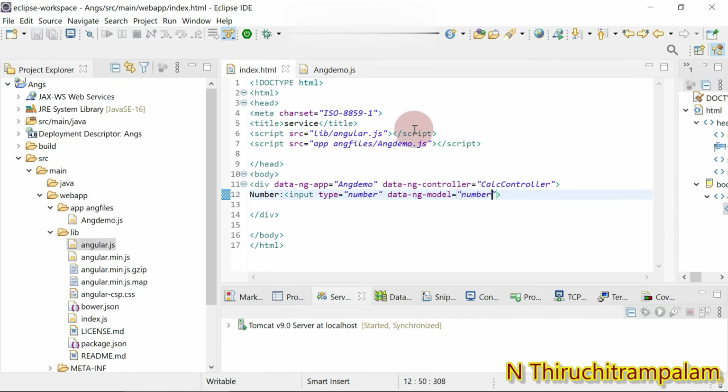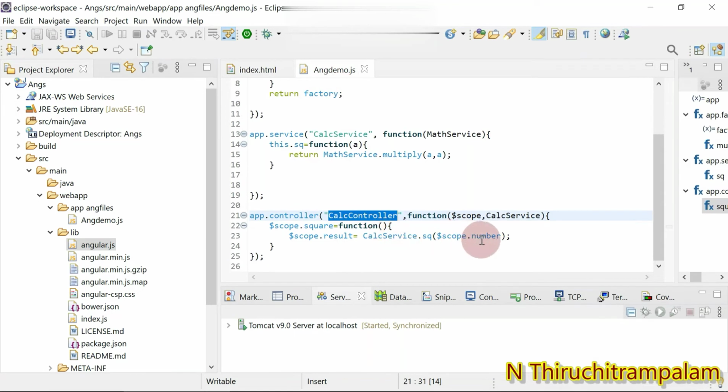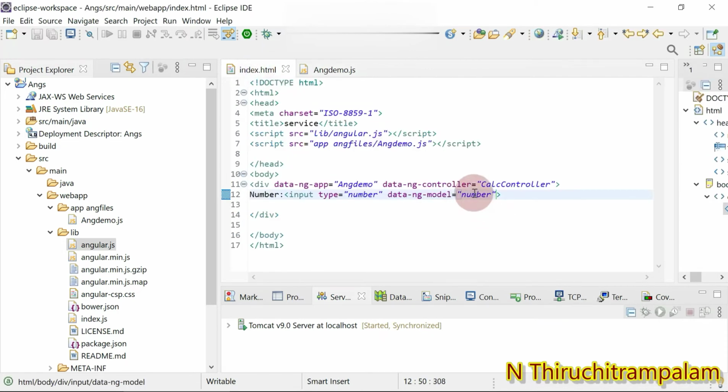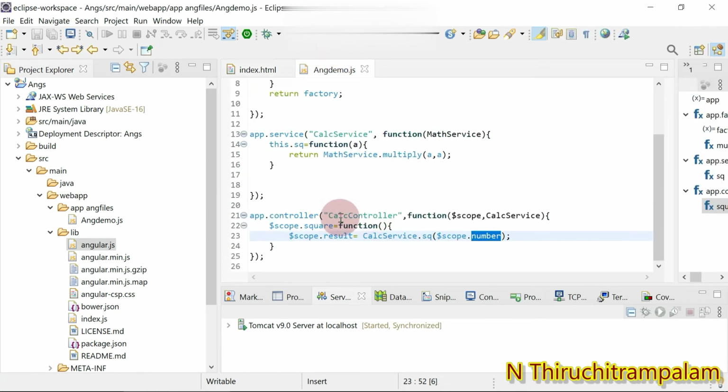that is go to ang demo. Here you can see we have given the number, right? So this number variable, the same should be the value here for the data-ng model attribute, and in the callc controller, in the square function, when we call the callc service .sq function, we need to pass the argument, that both the arguments should be same. All right,